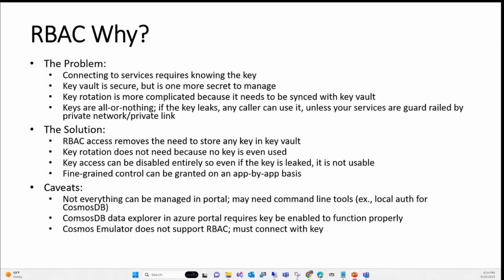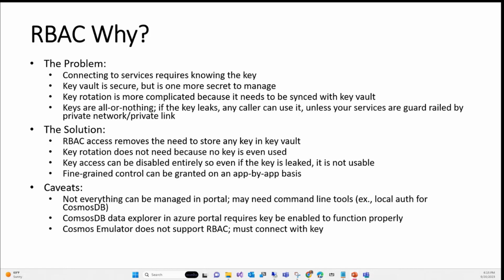So some companies are so sensitive, so paranoid about security, that they don't want to accidentally expose anything outside. They may go on to disable local auth. That means even if you have keys, nobody can use them because it disables that level of connection. Once it's disabled, the only way you can connect is RBAC.